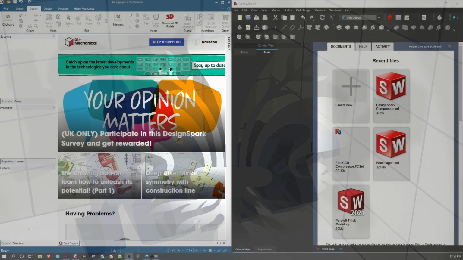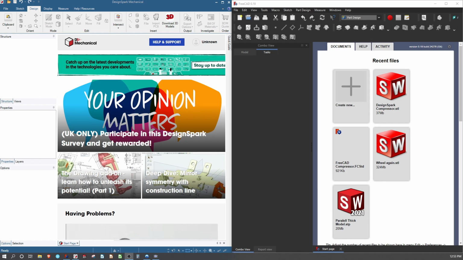We are looking at DesignSpark Mechanical and FreeCAD side by side, and let's do a comparison on the workflows. Now, DesignSpark Mechanical is not a parametric CAD platform, so it runs in a different vein than FreeCAD, LibreCAD, SolidWorks, right? This is something that has advantages and disadvantages, and it's worth mentioning. Ultimately, I'm a parametric guy, but DesignSpark does such a good job at modeling within parameters that we should just look at it. It can take a lot to learn a whole new platform, but it was made possible by